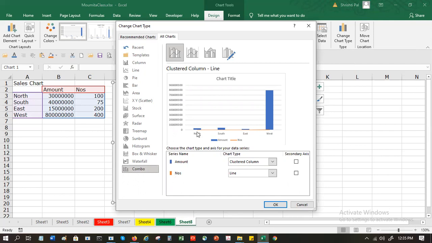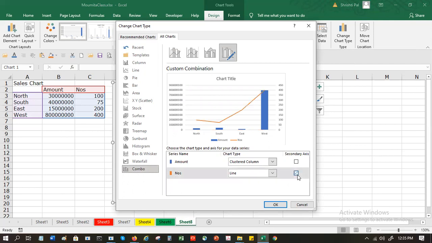But it is so small, so tiny, that it is just hugging the zero line. So instead, what I'm going to do, I'm putting it on secondary axis. It's a line it can show. It can be any type of chart.